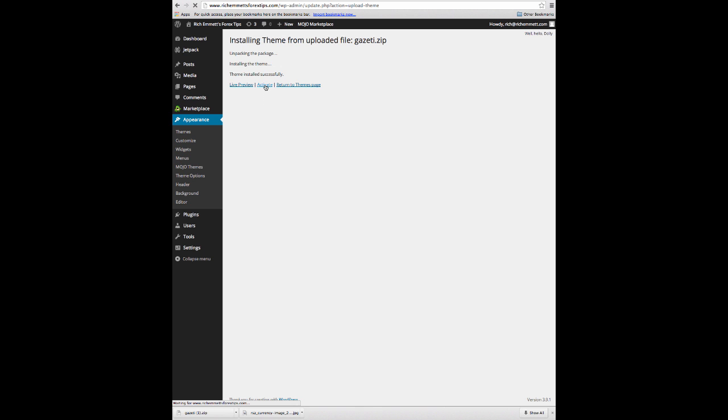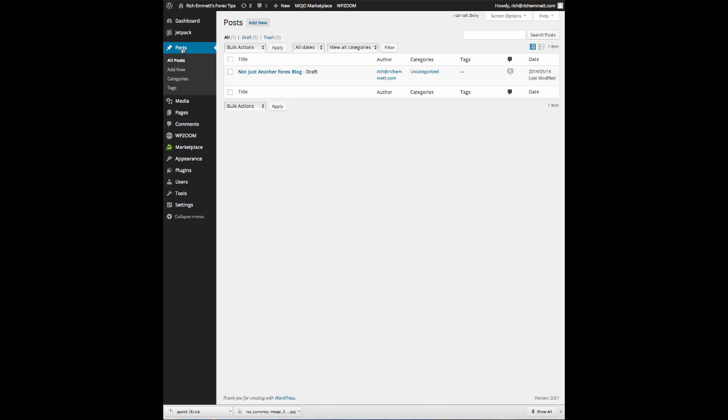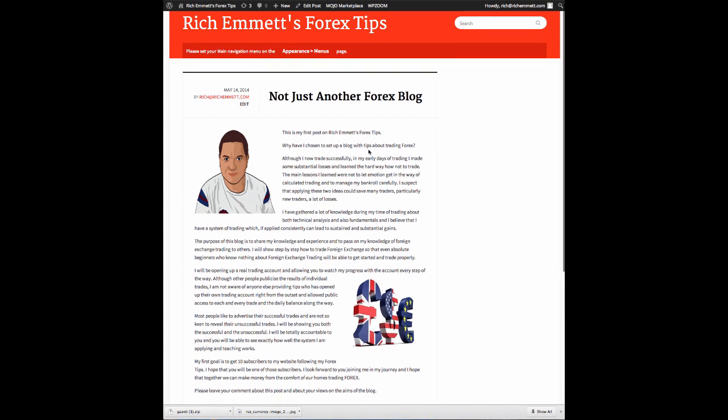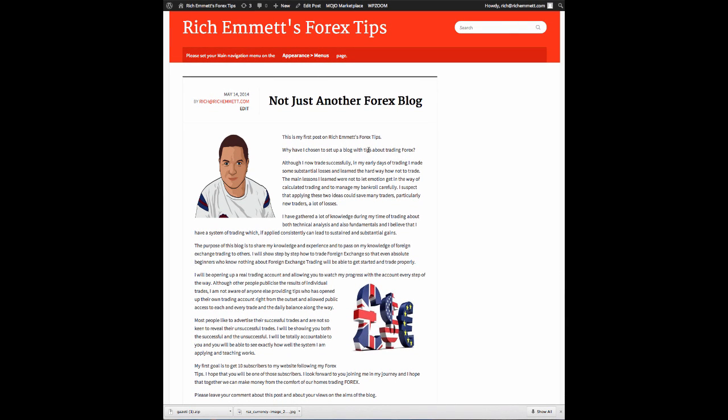So by clicking Activate, that theme will now become activated and will become the live theme on our blog. We can view what that theme now looks like by again going into our blog and clicking Preview. And as you can see, that new theme has been installed. Now there are certain settings that will need to be played around with on the theme, and we can do that later. For now though, you've seen two ways there of changing the theme on your own blog,